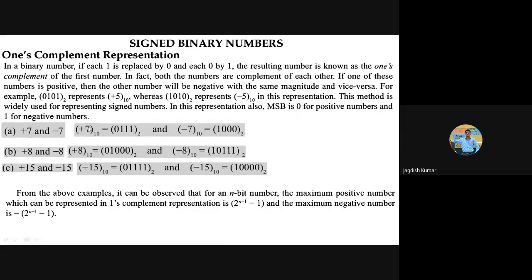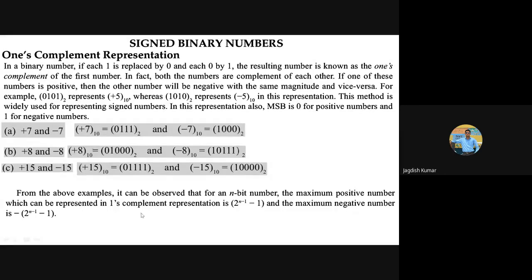You can see the largest positive number which we can represent with the 4-bit system is 0, 1, 1, 1. Why so? Because if you try to go to the next number, say try to write 8, that is going to be 1, 0, 0, 0. But that is not the case, which is actually reserved for minus 7. So the largest positive number which we can write is 2 raised to the power n minus 1, minus 1. And the largest negative number is also going to be this. If it is plus 7, then the maximum negative number is going to be minus 7.